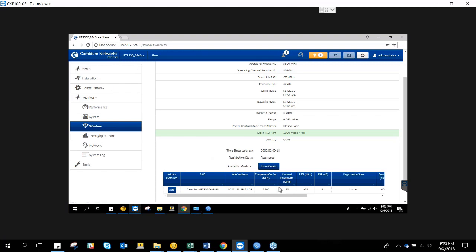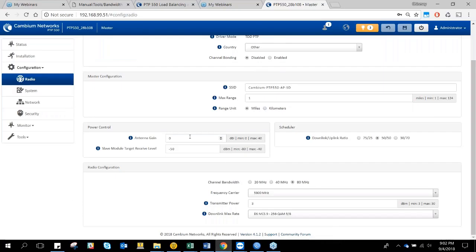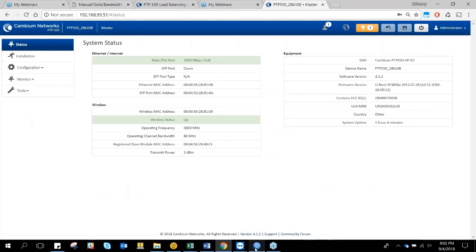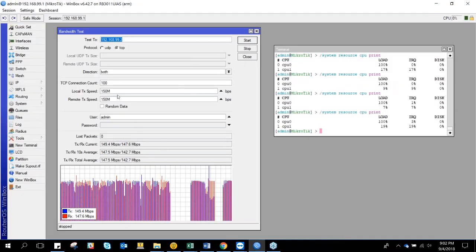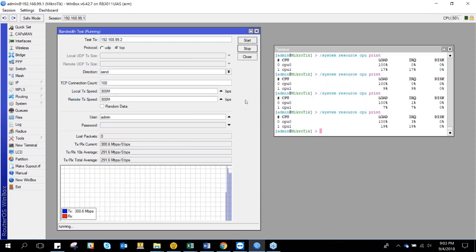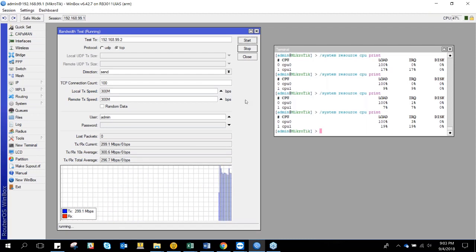Okay, so as you can see, the radio is connected on 80 megahertz, and let's see what we get here. On 80 megahertz, you would expect on TCP something around 300, 320, or 300 one way. Okay, so let me first start TCP unidirectional, and that is exactly what we were seeing when we had direct